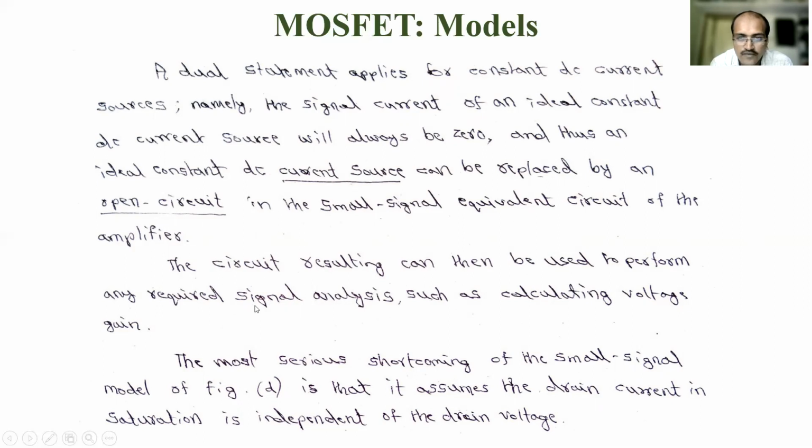So why do we use MOSFET for an amplifier? Amplifier means you have to find out the gain. We will see one problem at the end, so that you will understand how we use this analysis and models. Voltage gain is one of the parameters of the amplifier, and to calculate that, we will be using these models and the analysis.